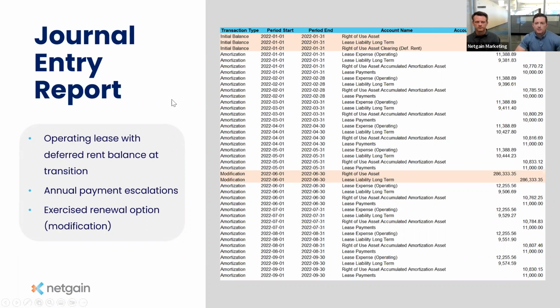In this case, imagine an office space that has some deferred rent at the prior year end from escalating lease payments. We continue to see some annual payment escalations as noted here. And then we see the client exercise a renewal option, which is very common. Maybe they didn't think they were going to exercise that renewal, but then down the road, they decided we do want to exercise that renewal. Under 842, this creates some complexity as we have to increase both the asset and the liability on the books